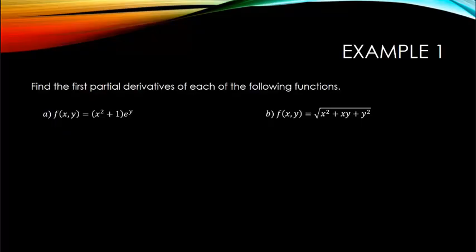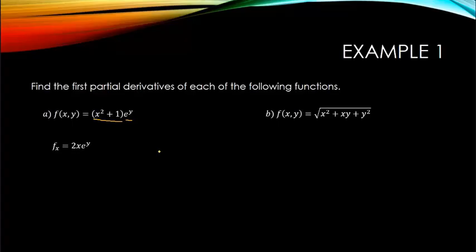The first function is f of x, y is equal to the quantity x squared plus 1 times e to the y. The second function is f of x, y is equal to the square root of x squared plus xy plus y squared. For the first function, the quantity x squared plus 1 times e to the y, I take the partial derivative of f with respect to x, and I get 2x times e to the y. Notice that I take the derivative of the x squared plus 1 term and treat the e to the y